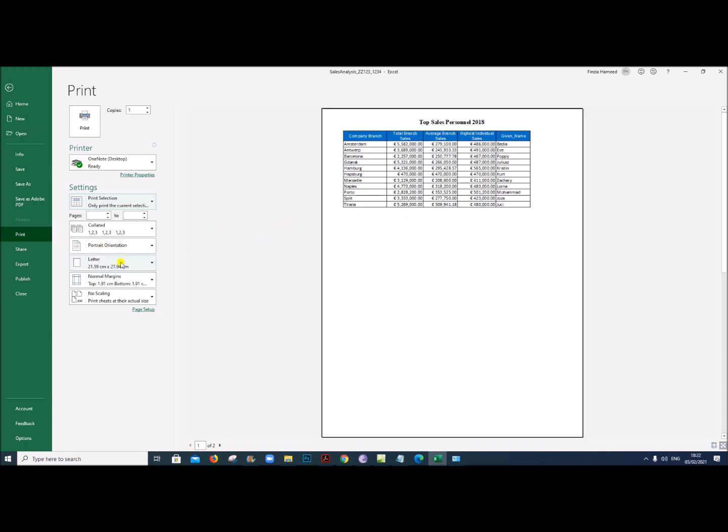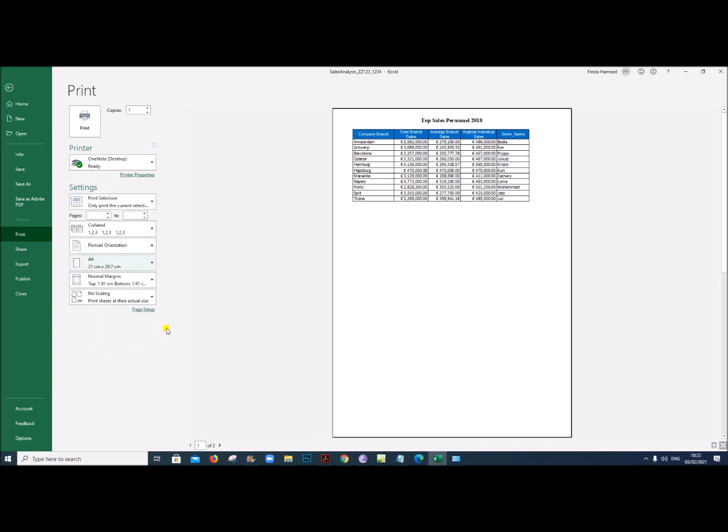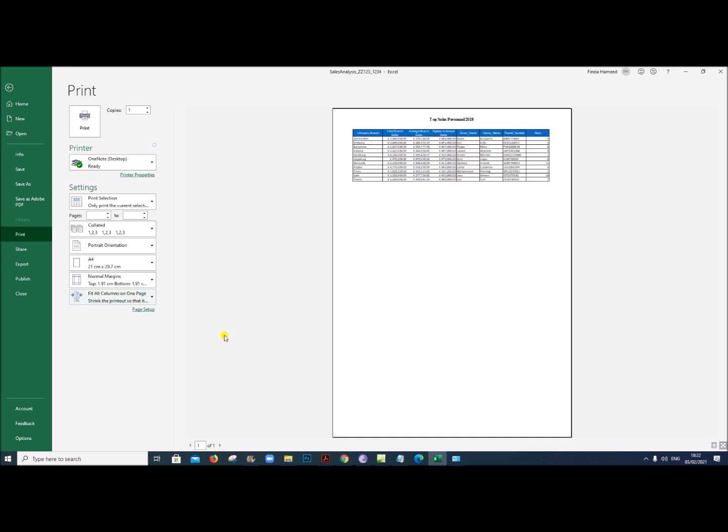Make sure it is portrait, give A4 size, and make sure all the columns fit here. So click on no scaling and give fit all columns on one page, and it's fitting on a portrait orientation. All the columns are shown here.